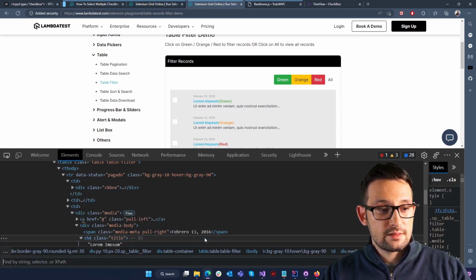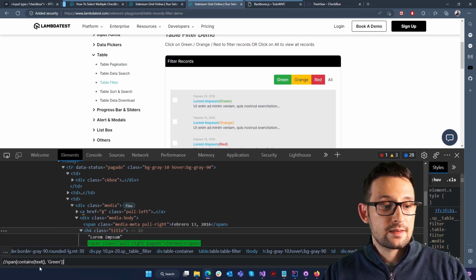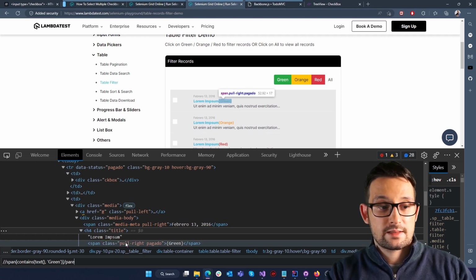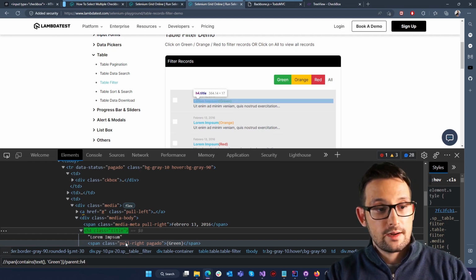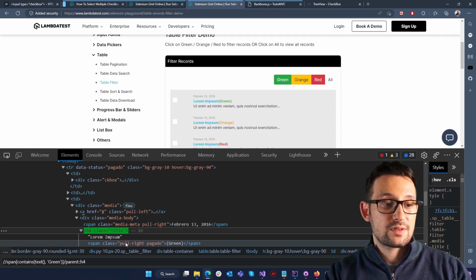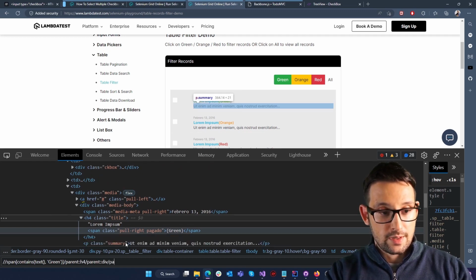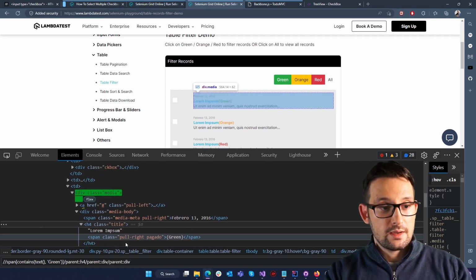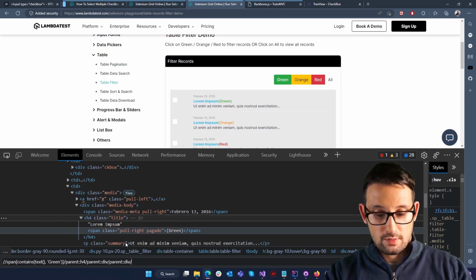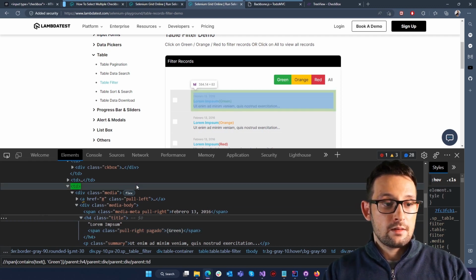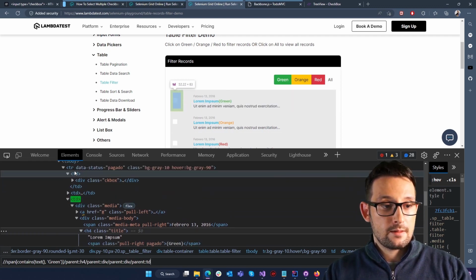So let's try to write this type of selector. First we write span contains text green, which as you can see finds this particular part. Then we'll use XPath axes, where we're going to say please find me its parent, which is H4. Then we need to find two times the parent divs. Again, parent div, parent div. Then we need to find the parent table row, parent table row,